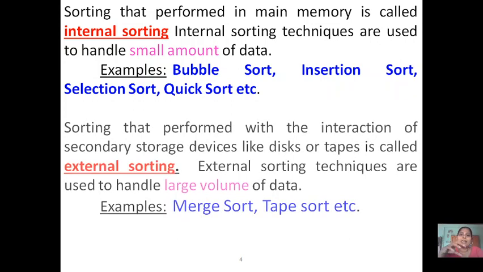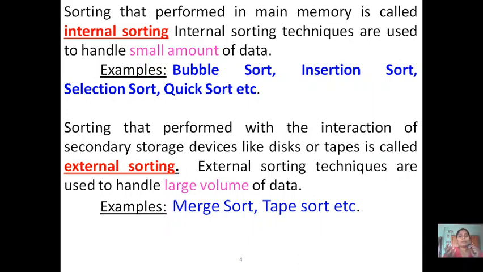Whereas if you are using a secondary storage device, you are interacting with the secondary storage device, because your data is very large and you are storing a part of your data in the main memory. You perform the sorting process on that data, after that you keep that data back in the secondary memory, take another part of the data and again do that process. So you are using two memories, main memory and secondary memory. These two memories are exchanging data which has to be processed, processing in the sense of sorted.